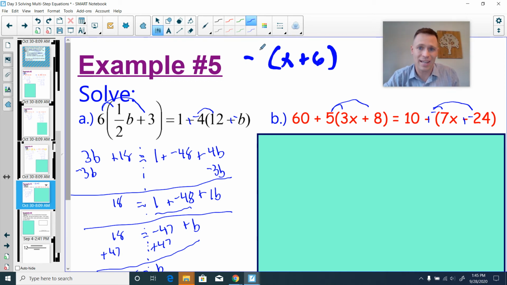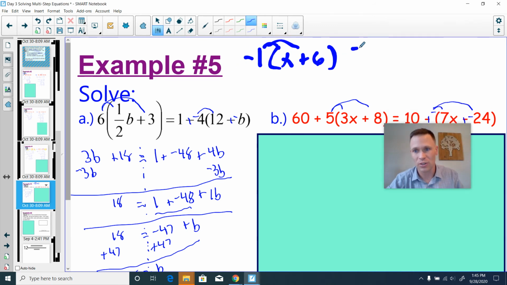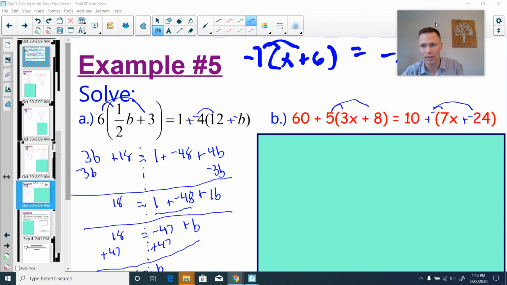What that really means is that I have a negative 1 on the outside, and I need to distribute that negative. Even if it's just subtraction as it appears here, I change it to add the opposite, and it's the opposite of this entire thing. All that does is change the signs on the inside, right? So this is really equal to negative x minus 6. It's the opposite of what's inside of here. And that's really what you're doing. So make sure you understand that that's what we have to do when you have a negative on the outside